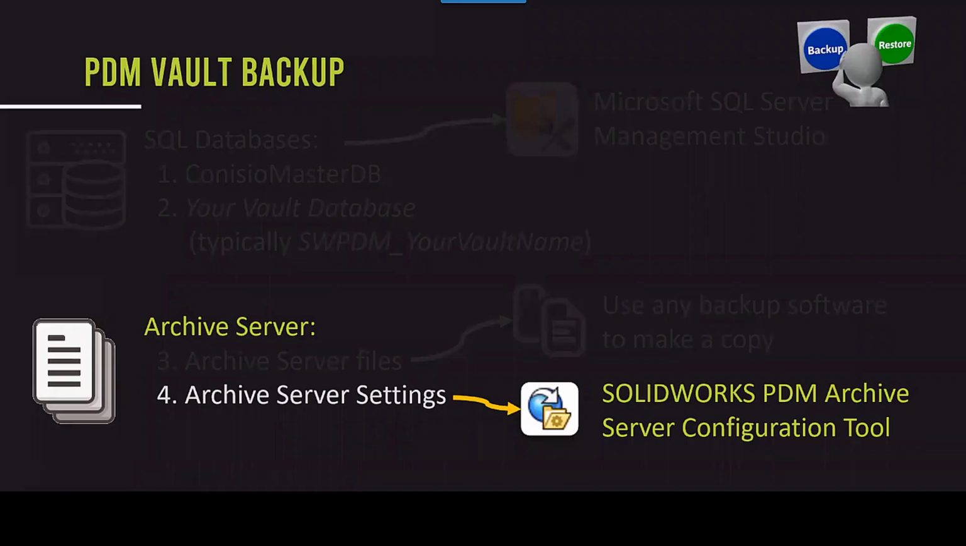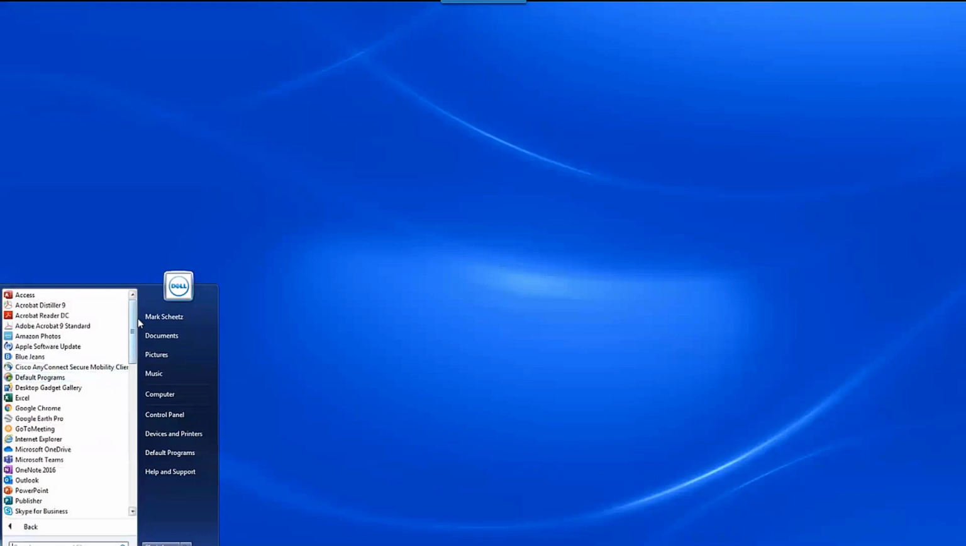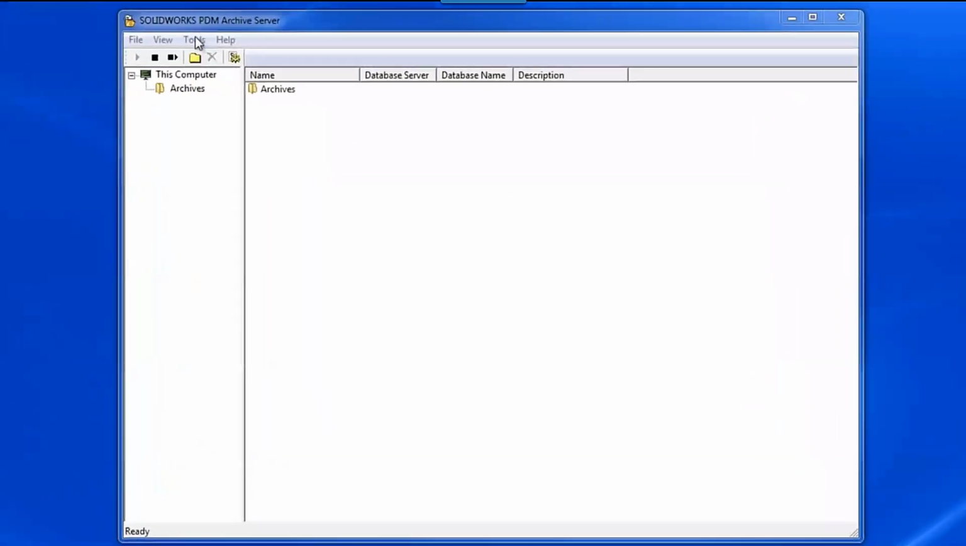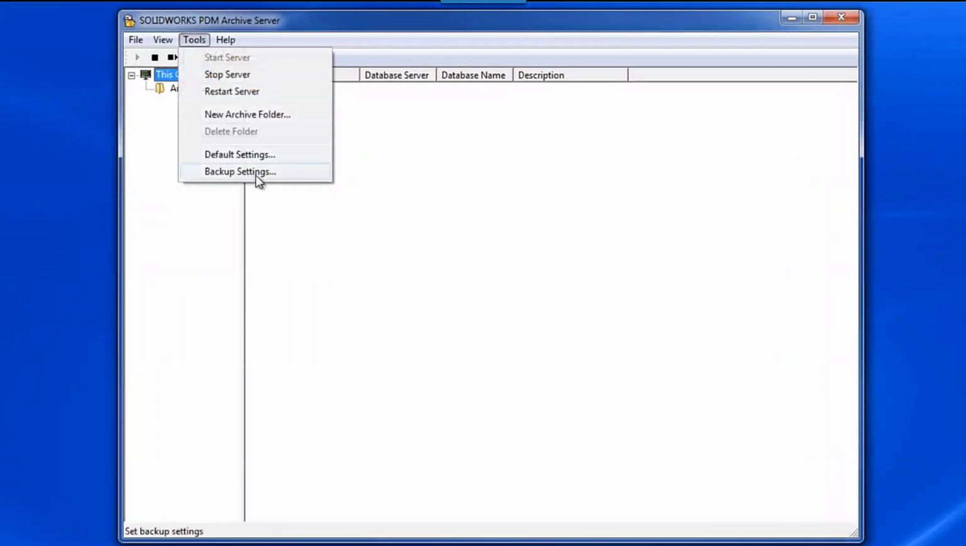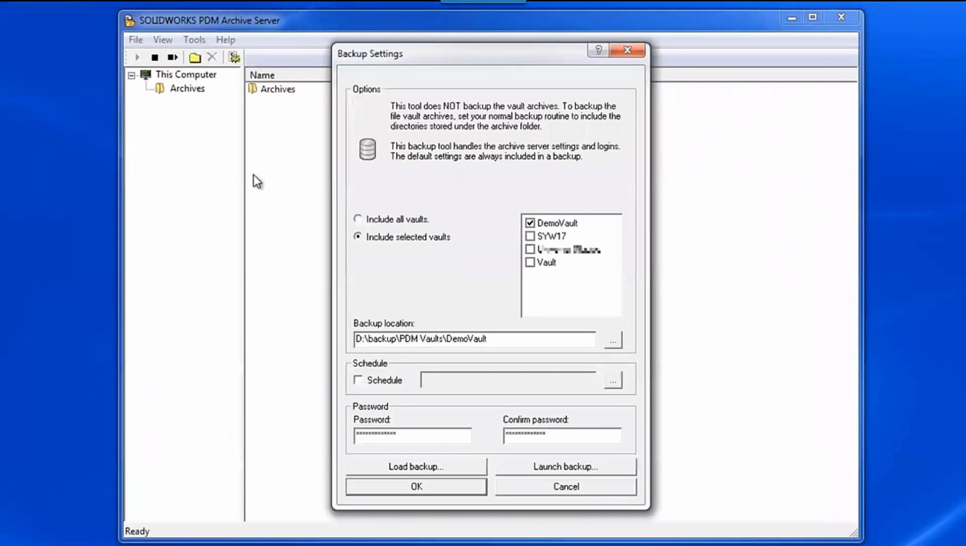And finally, the last thing we need to back up are the archive server settings. This is a real quick backup, and it can also be scheduled. We're going to go and again use the PDM Archive Server Configuration tool. This time we're going to go to Tools, Backup Settings, choose a Vault,